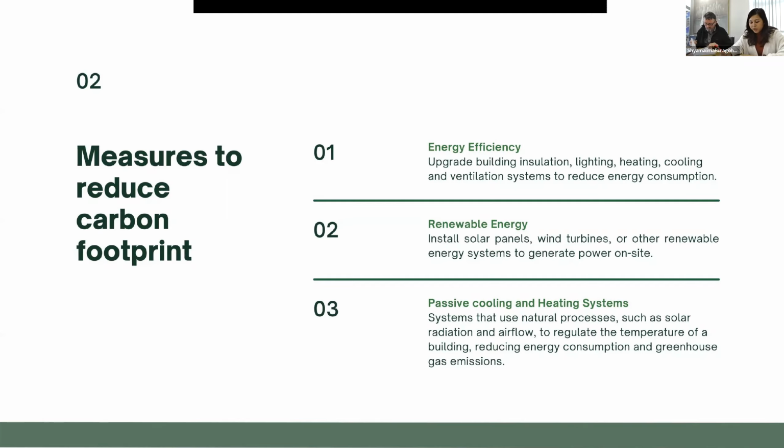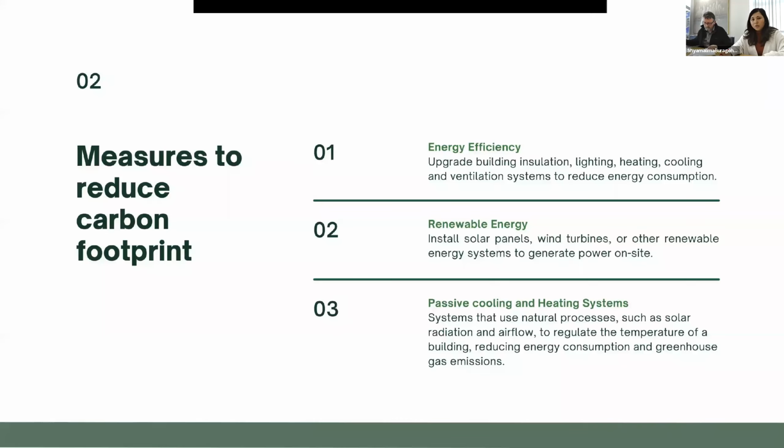occupants. Renewable energy. Installing renewable energy systems such as solar panels or wind turbines is a great way to generate power on site and reduce your carbon footprint. Solar panels convert the sun's energy into electricity, while wind turbines use wind power to generate electricity. These systems can provide a significant portion of your energy needs and significantly reduce your reliance on fossil fuels. Furthermore, these systems have low maintenance costs and have a long lifespan, making them a cost-effective and sustainable solution in the long term. By generating your own power, you can reduce your energy bills, reduce your carbon footprint, and support